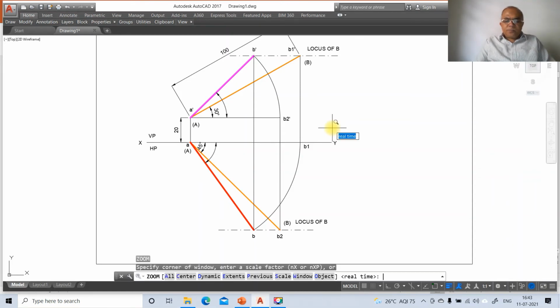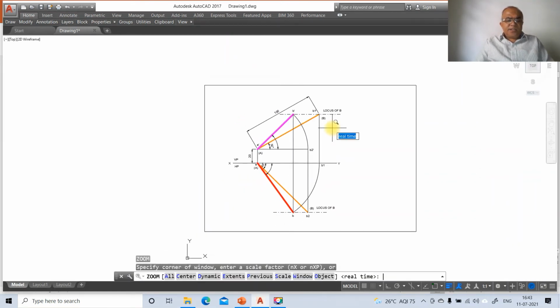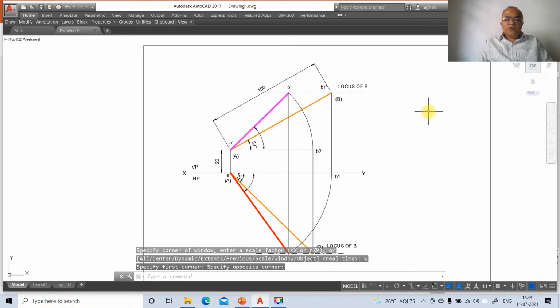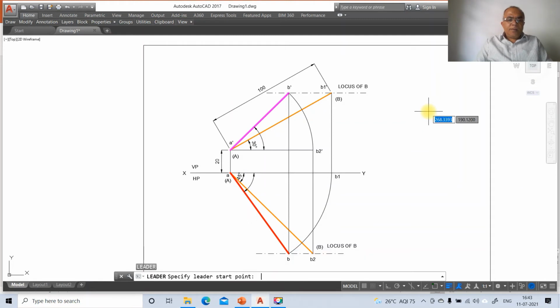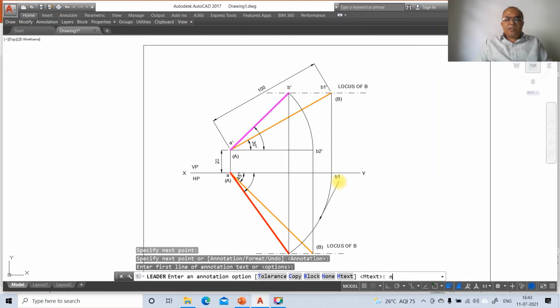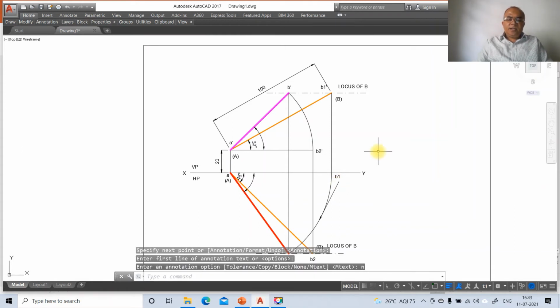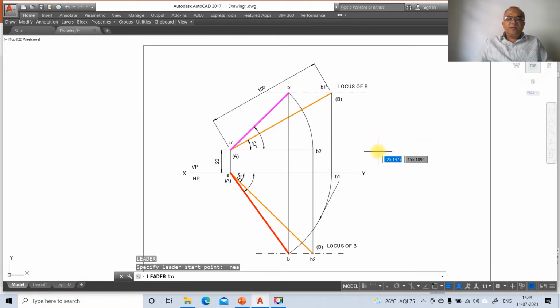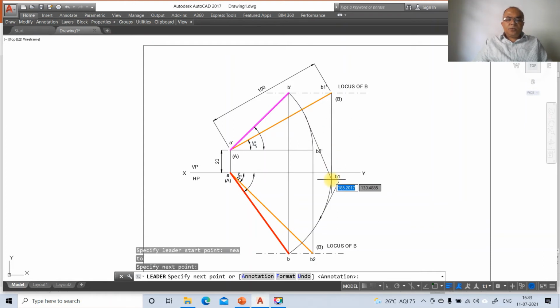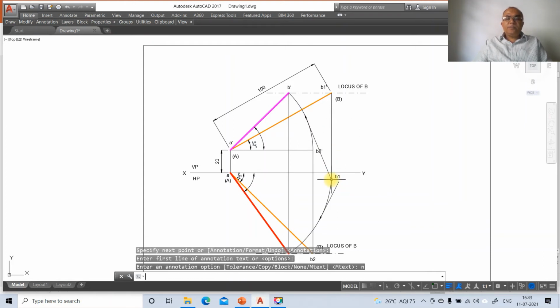Now we need to give the directions of projections. So to do that, I'll go for a leader. So take nearest, you select this and you take it here. Then annotation option none. Similarly, leader, nearest, select this, take it on this, go to annotation option none.